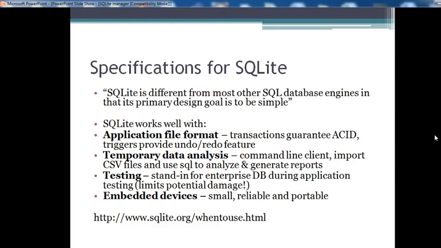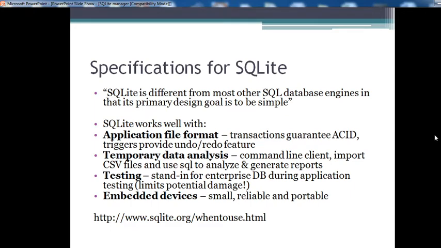Specification of SQLite. What are the specifications of SQLite? SQLite is different from most other SQL database engines in that its primary design goal is to be simple. SQLite works well with the following. First, application file format.